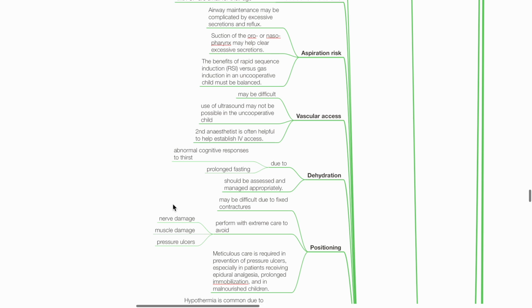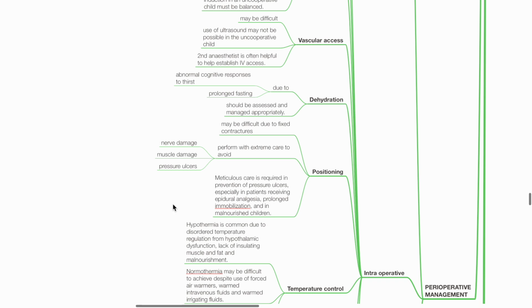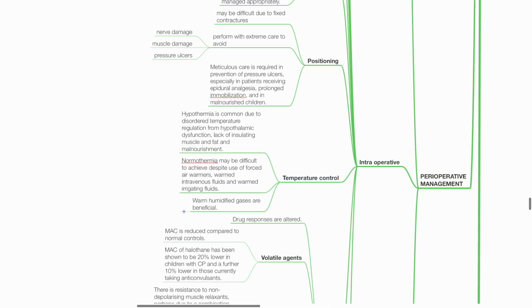Dehydration may be present due to abnormal cognitive responses to thirst and prolonged fasting and should be managed accordingly to achieve euvolemia. Positioning may be difficult due to fixed contractures. Perform extreme care to avoid nerve damage, muscle damage, and other pressure injuries. Hypothermia is common, which is contributed by disordered temperature regulation from hypothalamic dysfunction, lack of insulating muscle and fat, and